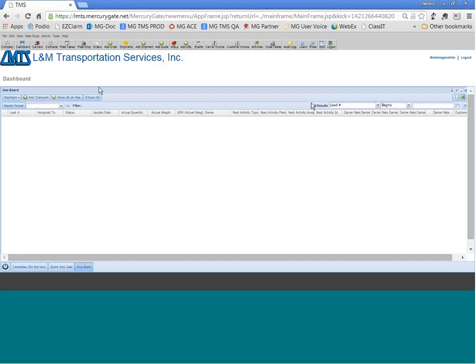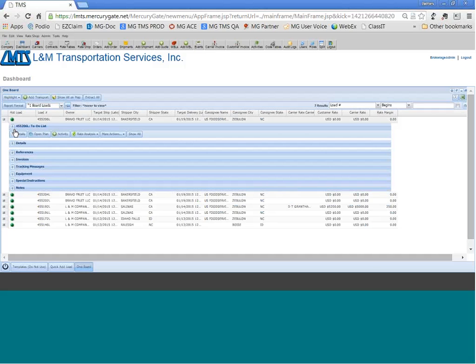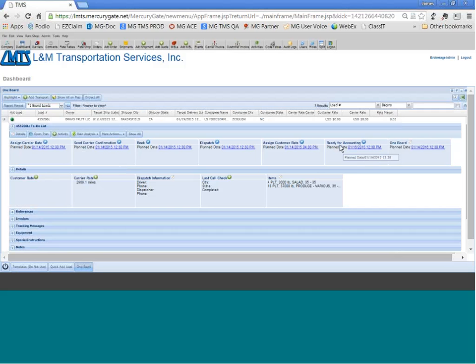The purpose of the OneBoard was to create a board or portlet that does not hide any loads based on their activities. It is activity neutral, so it doesn't really matter what activities you may have, they will appear regardless. You can see as you create a load, all the activities are visible here. You can pick and choose to do these in whatever order makes best sense. At no point will doing these activities or not doing the activities create a problem where you couldn't find this